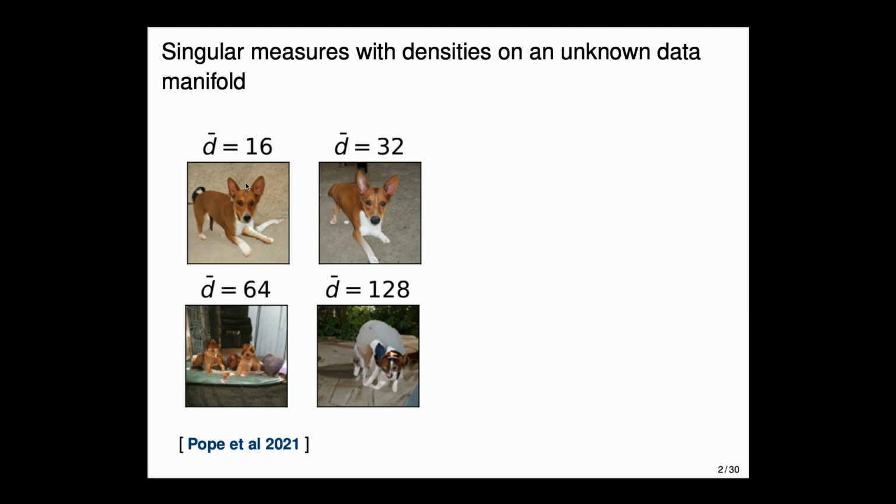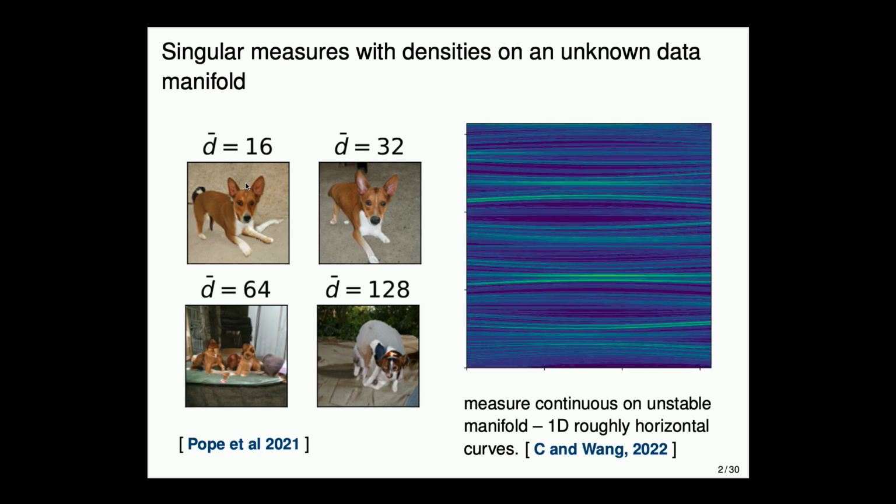So, we believe that the latent dimension is not nearly as high as the number of pixels in the image, but something intermediate, and it has been discovered empirically, and we believe that this is true beyond image generation. Now, in scientific applications, which is closer to the things I care about, physical measures or measures that are naturally associated say with dynamical systems also have a low dimensional structure.